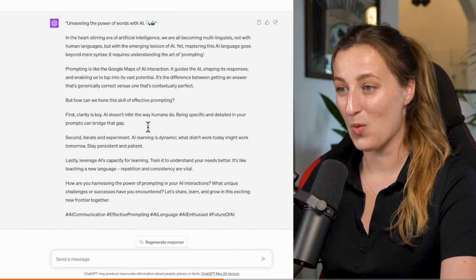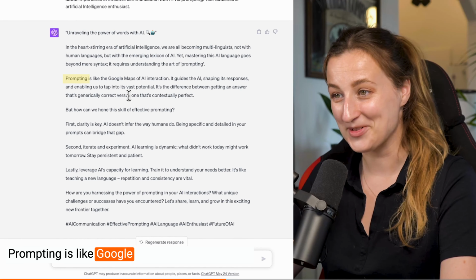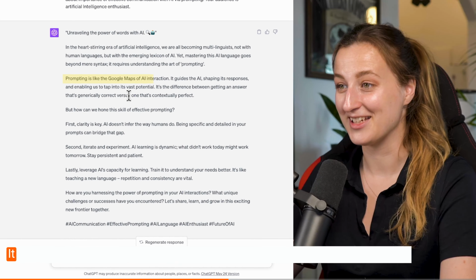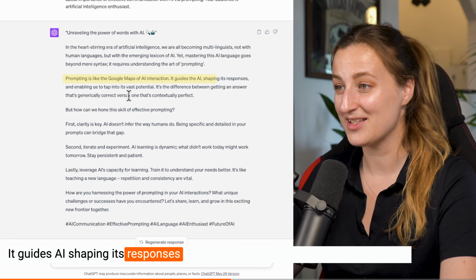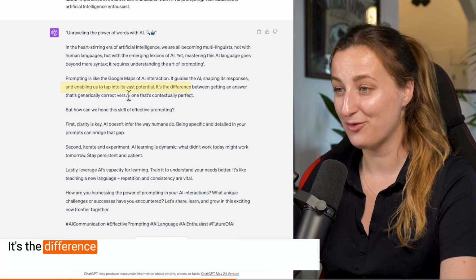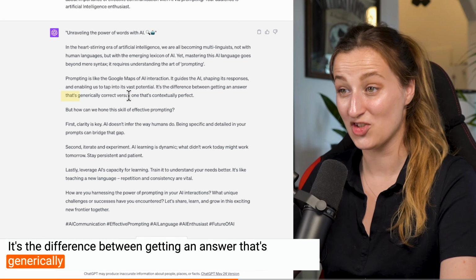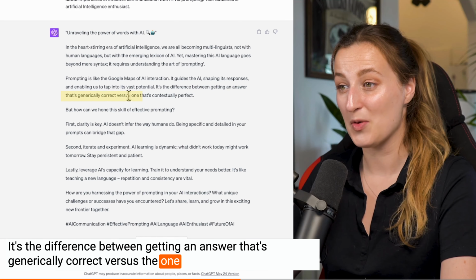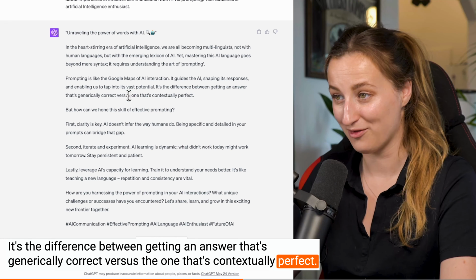So this is what we got. Prompting is like Google Maps of AI interaction. It guides the AI, shaping its responses and enabling us to tap into its vast potential. It's the difference between getting an answer that's generically correct versus the one that's contextually perfect. This is good. I'm going to show you one more feature with AI generative models, which is